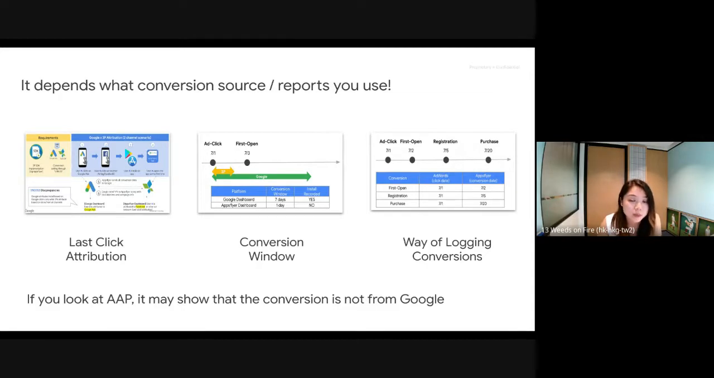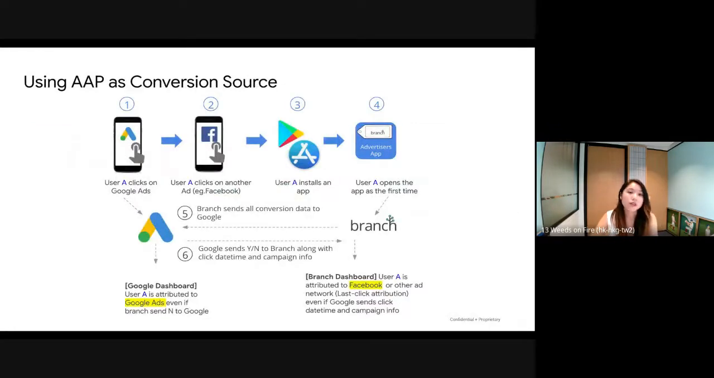It will be Facebook. Other than that, we need to think about the conversion window, because from the third-party platforms, their conversion windows will be completely different. And also the way that they log their conversions is different. Let me walk you through one of the examples, and you'll probably understand more. So here, some of you might import Branch or AppsFlyer's conversion source into your Google Ads and bid on it. So for the first step here, you see that user A clicks on, let me get my